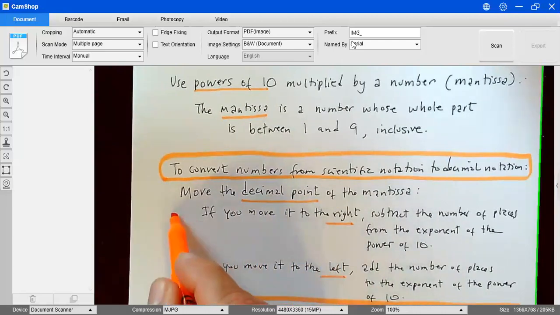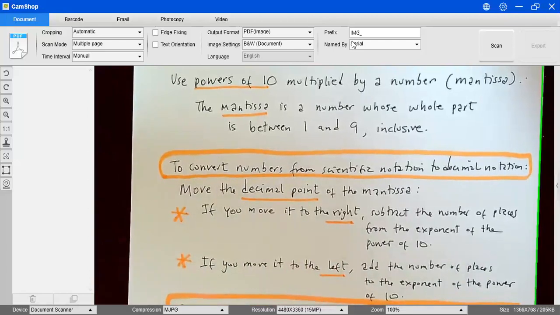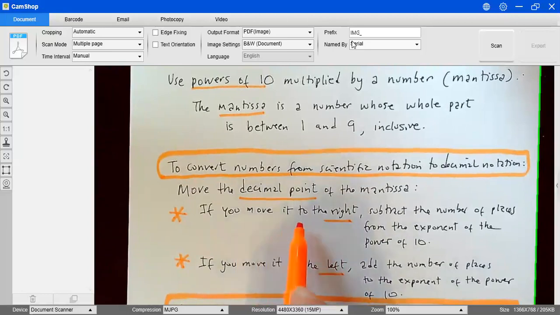These are our two main rules to work with the conversion of numbers from one notation to the other. If you move the decimal point to the right, you need to subtract the number